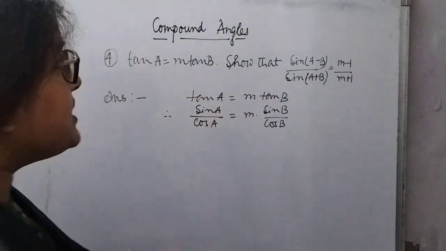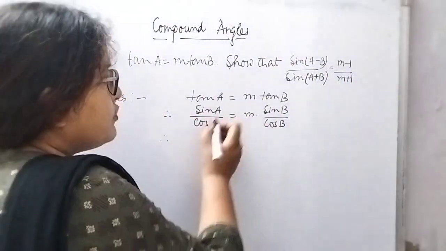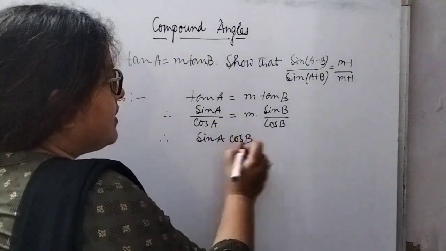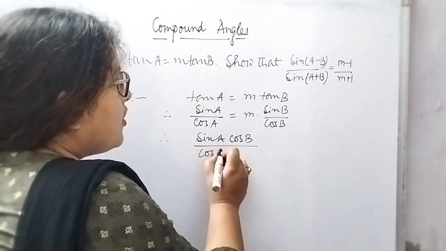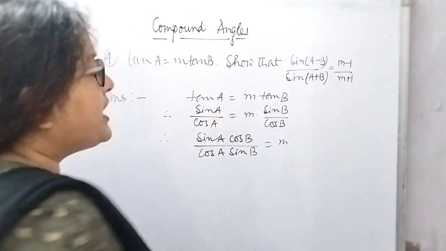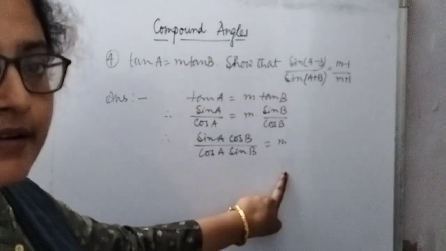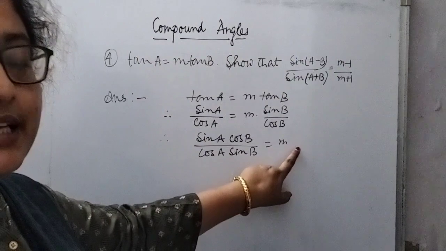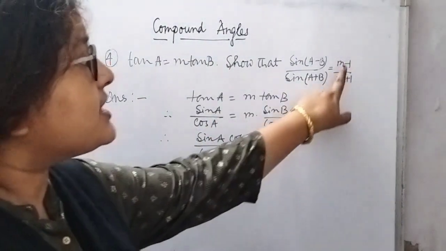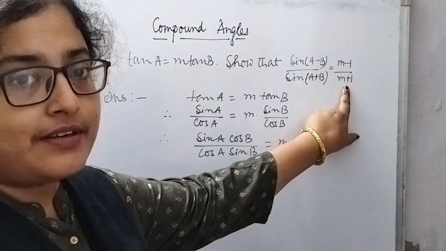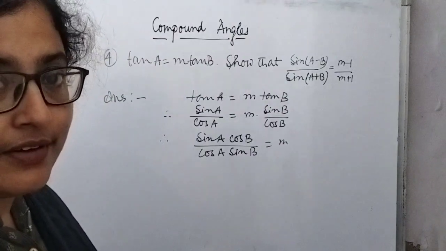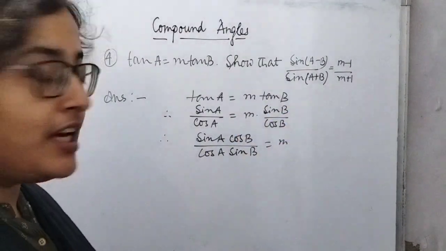So obviously from this given structure, we have to write sine A cos B by cos A sine B equals to m, that is by cross multiplication we have got this structure, right? So here only m is there, that means m by 1 is there. Now again look at the structure students, this is m minus 1 by m plus 1. So it is also clear to us, we have to now use the componendo dividendo rule in order to get this structure. So using